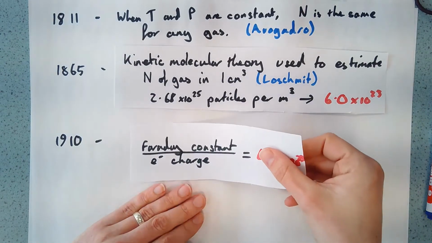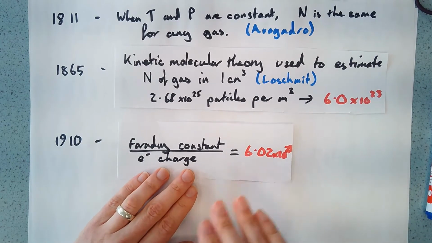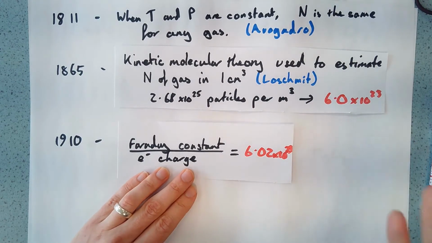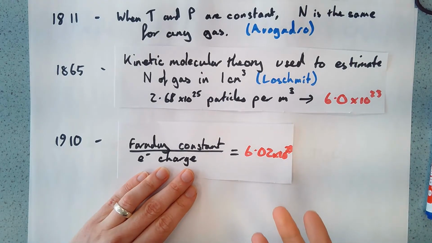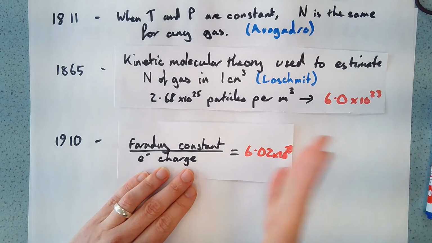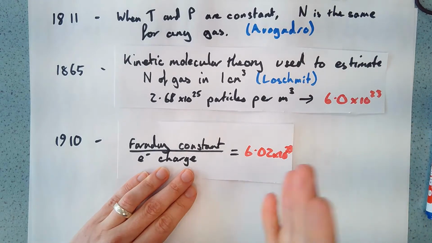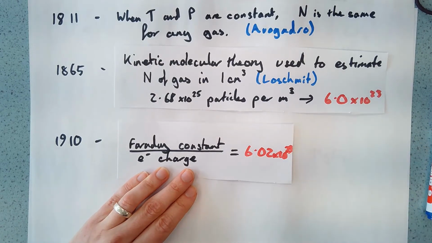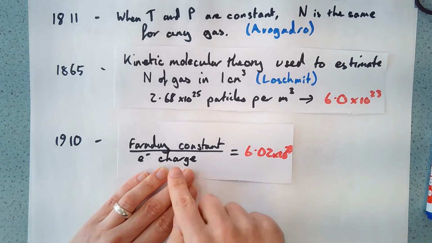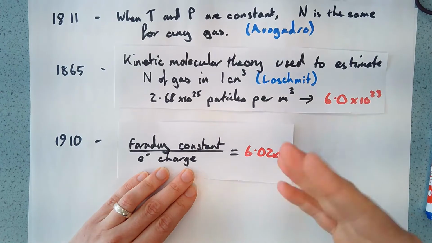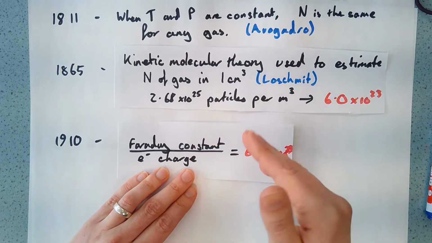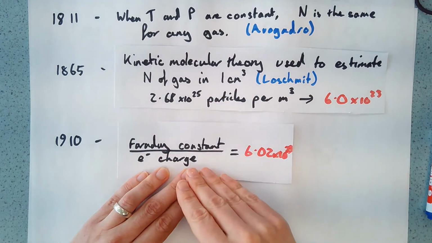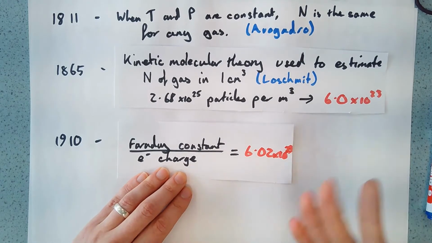There are other ways to do it, and one of the ways would be to use electrons. Michael Faraday in 1834 knew, from his experiments, that a mole of electrons had a certain amount of charge. And when in 1910 Robert Millikan worked out the charge of an electron, we can then do, well, if a mole of electrons has this charge and one electron has this charge, we end up with a value of 6.02